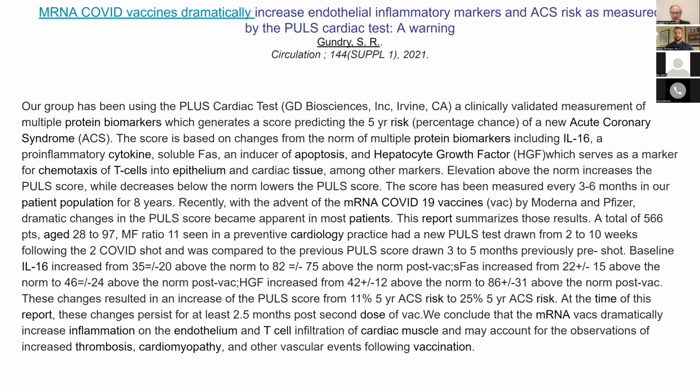It's not an artifact, and it makes sense because when you think about it, all the vaccines, it doesn't matter which one, create a functional spike protein, and the spike protein binds to a receptor called the ACE2 receptor, which the most dense population is found on your arteries. In other words, in the smooth muscle of the arteries. And what it does is it gets internalized into the endothelial cell. Those are the cells that make up the single cell layer lining of your arteries. And it actually interferes with DNA repair, and it creates a transient immune response, which is what the vaccines are supposed to do. And we know that there have been reports of blood clots, strokes, heart attacks post-vaccination, and also